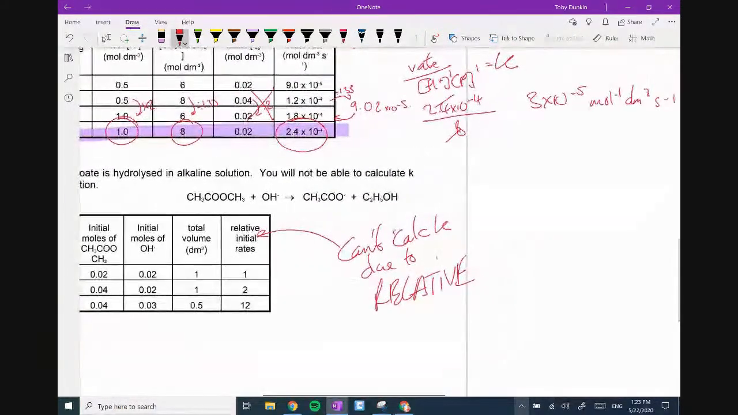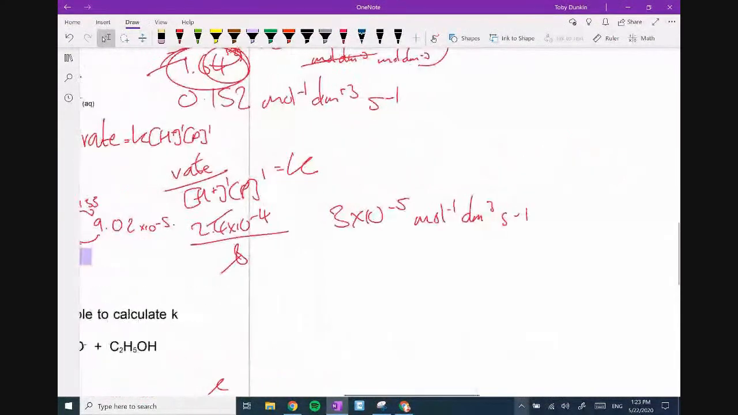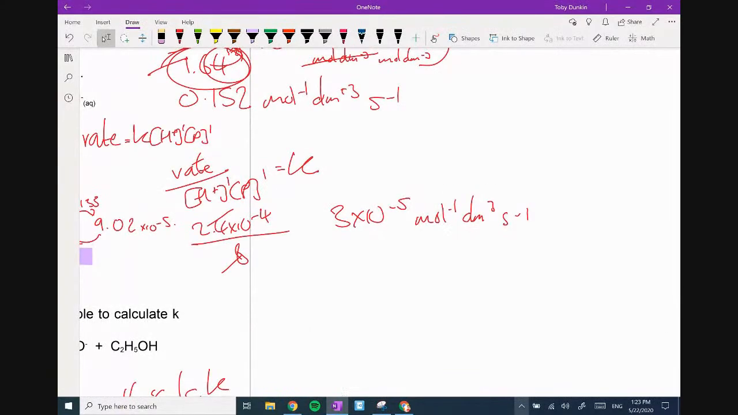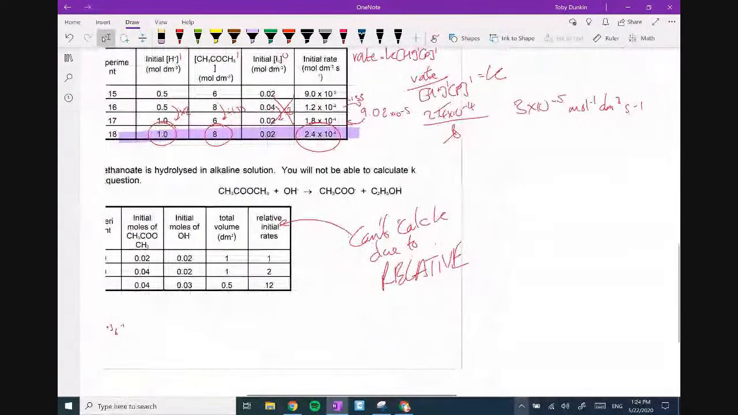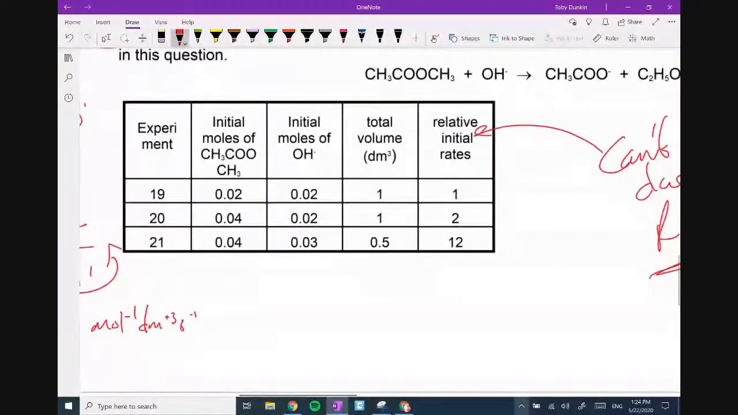Oh, units. dm to the 6. No, it's not dm to the minus, dm to the plus 3. Yeah, because they're relative, so we can't calculate it, but we can still look at their orders. Stays the same, times by 2. Ah, hang on a minute. Oh, moles